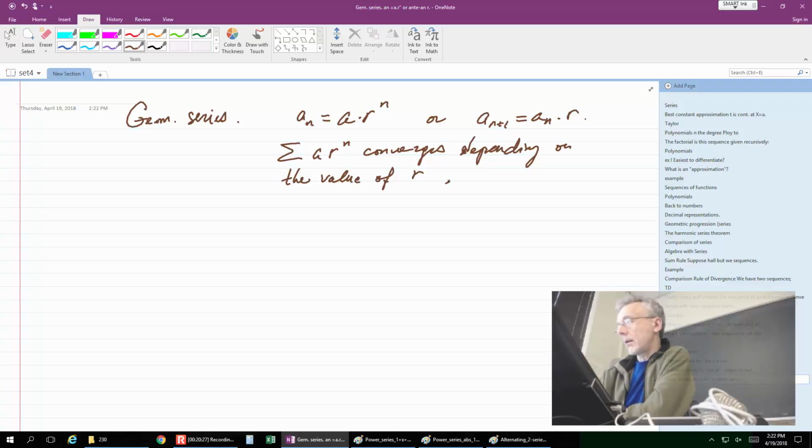Specifically, for r between negative 1 and 1, we have convergence. When r is positive, then we have it certainly. Well, actually, that's the good thing about geometric series. The theorem about geometric series is equally applicable to positive or negative terms, right? So look at the conditions already about the absolute value of r,